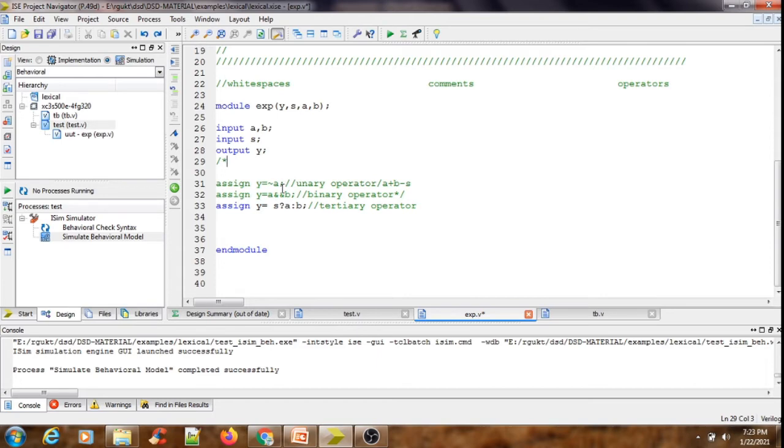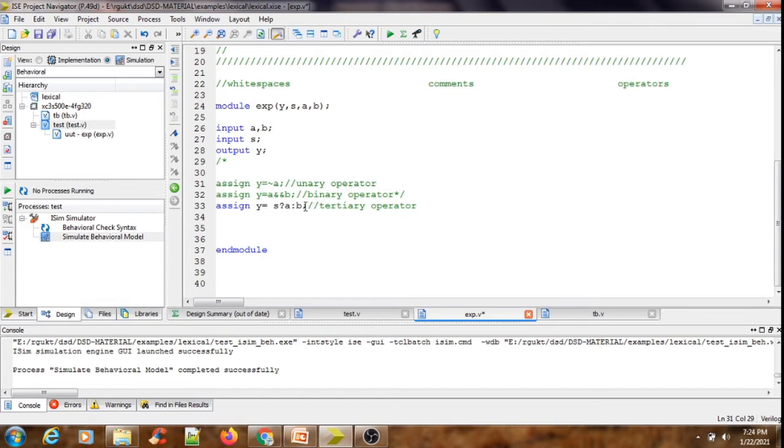Basically I am doing here a unary operation on my operand a. If I take a equal to 0, I will get output y equal to 1. That means negation is the principle involved here. Some laypersons may not understand this, so I will use a single line comment after it, and a single line comment is always represented by two forward slashes like this. Okay, unary operator, I have used it as a unary operator, that's it.